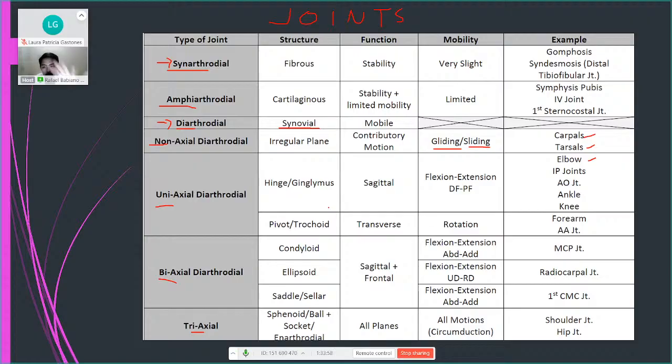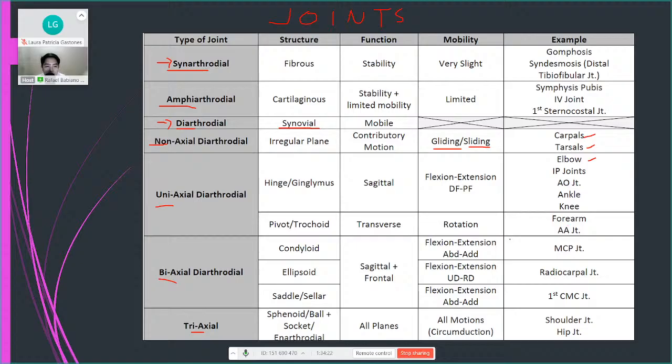Then we have the biaxial. So, ano ang ginhatang example ng MCP? Biaxial, duha ti axis. Kaya niya mag-flex like this. This is flexion of the MCP. And kaya niya mag-abduct, adduct. Abduct, adduct. Duha ka axis. Flex, extend, abduct, adduct. Duhang axis.